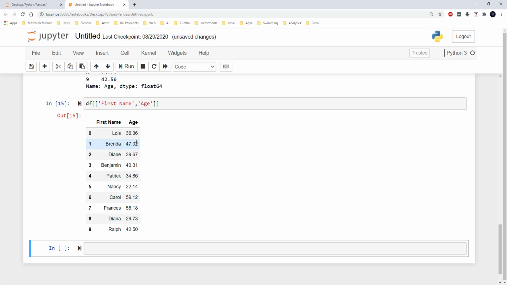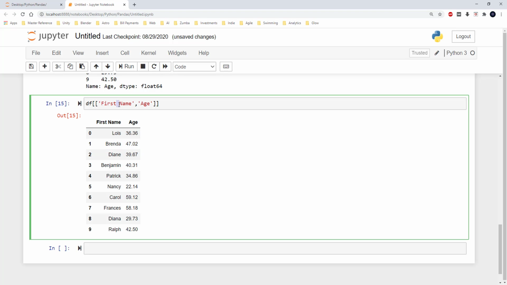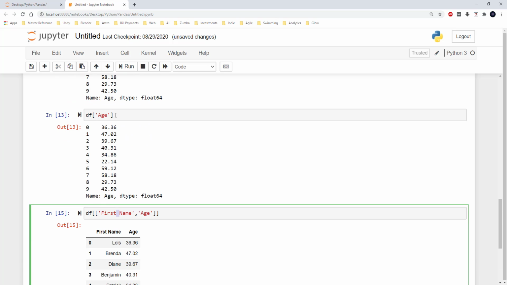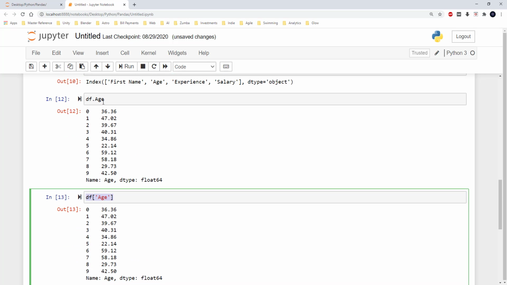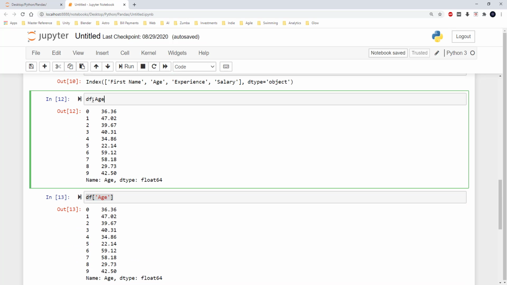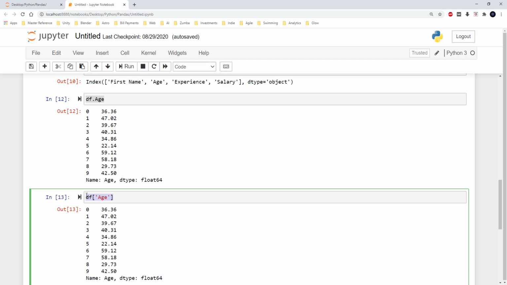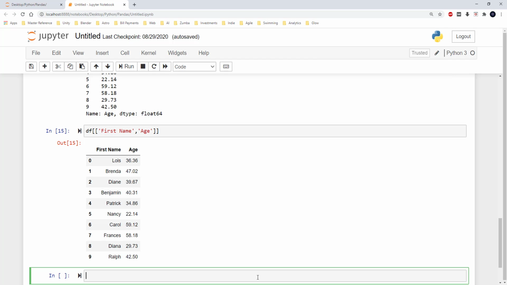So when the column name is having a space in between, then it would be better to use this particular syntax by mentioning the column name within the bracket rather than just mentioning df dot the column name, because when the column name is having a space in between it, then this particular syntax will not work, whereas this syntax will work. Now obviously in such a data frame, I would be interested to know the maximum salary.